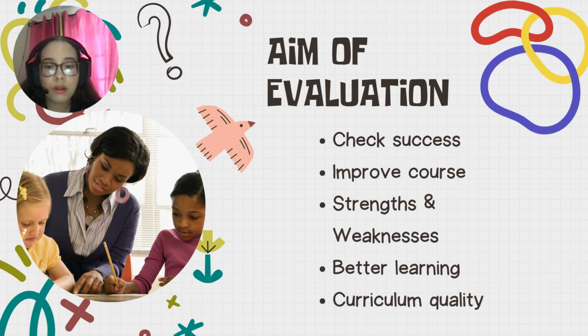Aim of evaluation. The main aim of evaluation in curriculum design is to check if a course is successful and to identify areas that need improvement. The text explains that the evaluation looks at both the results of the course and the way the course is planned and organized. It is not only about the student's performance, but also about the quality of teaching materials and